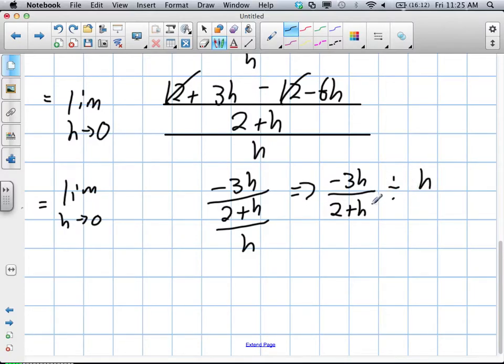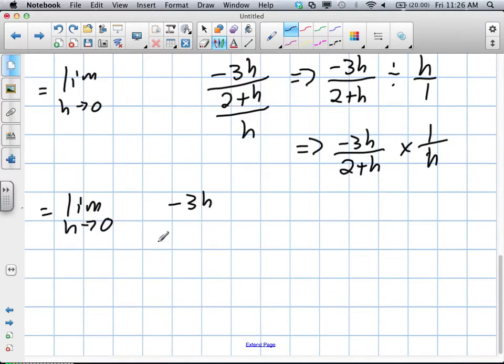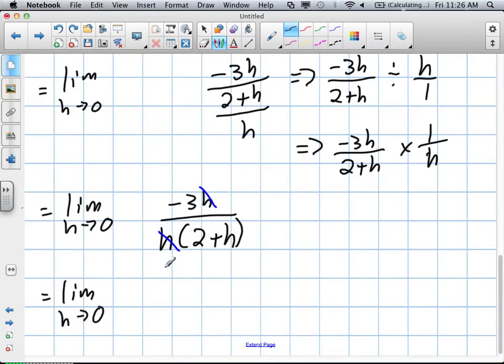Okay? Now remember, when we're dividing fractions, we flip and multiply. So I get negative 3h divided by 2 plus h times 1 over h. Okay? This is technically h over 1. So when we combine that, limit as h approaches 0, we're going to get negative 3h over h times 2 plus h. The reason we've written it this way is so that I can see that I can cancel out my h's here. I could have brought it in, but I would have had to factor out again to cancel out the h. So we have the limit as h approaches 0, negative 3